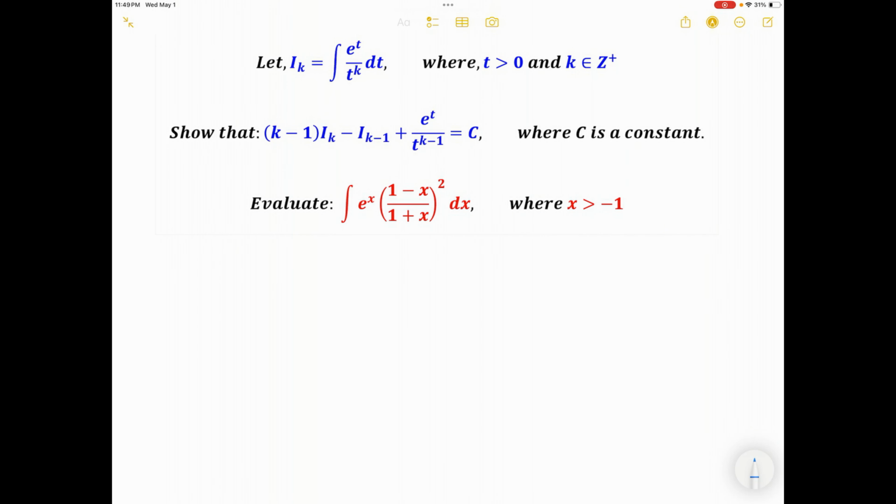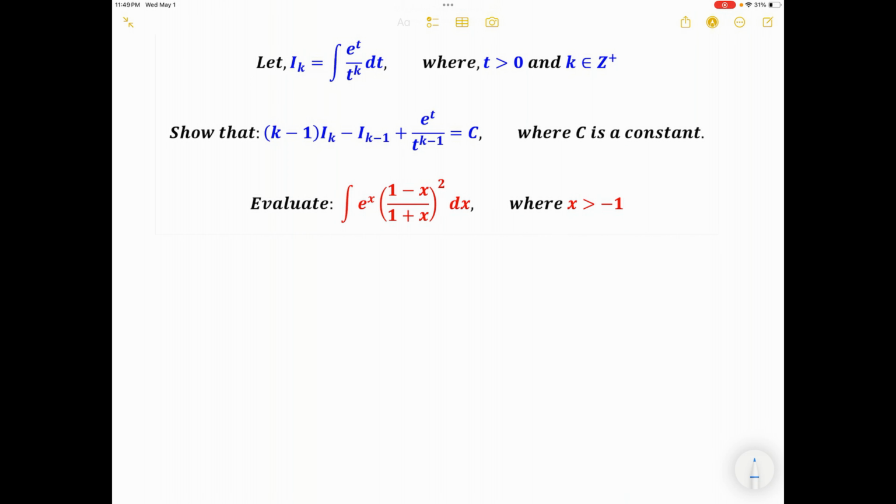Today I can say that I have a gift for you. I'm going to discuss a nice question selected from one of the most competitive university entrance exams in the entire world. This question says I sub k is equal to integral e raised to the power t divided by t